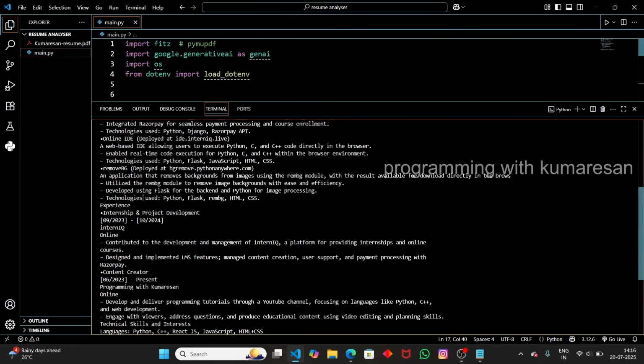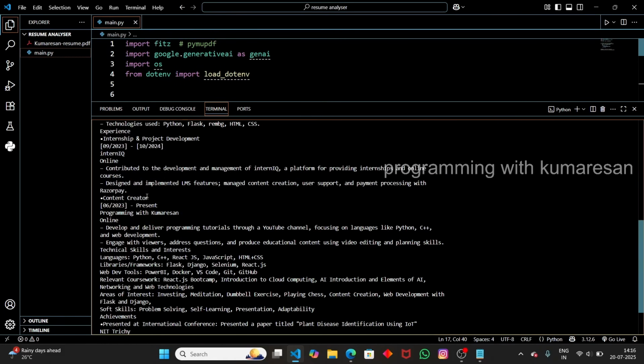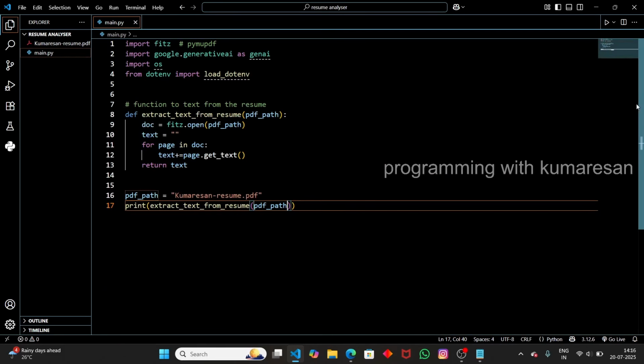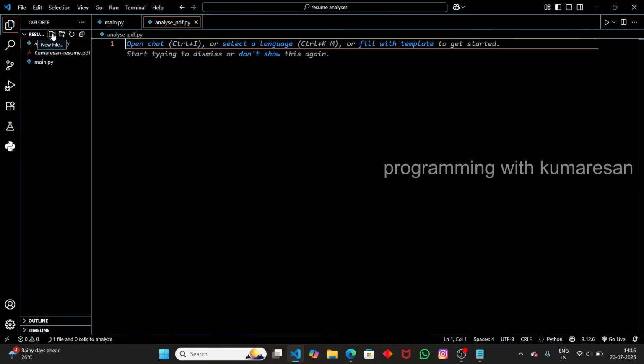How are we gonna compare it? That's where the Gemini API comes into the picture. We're gonna use the Google Generative AI. So let's create a new file now. The file name will be analyze PDF. Using this file, we're gonna analyze the text that we have extracted with the job description that we're gonna pass. Inside this new file, before that,